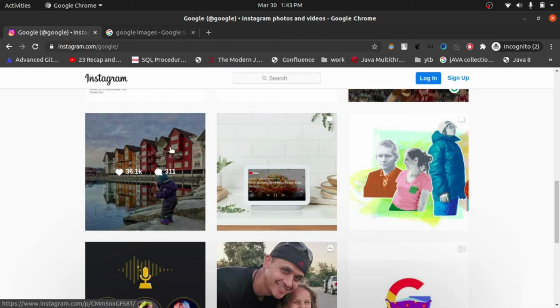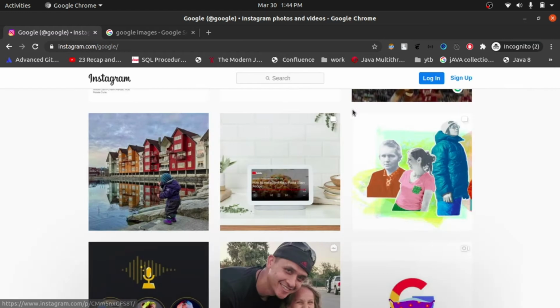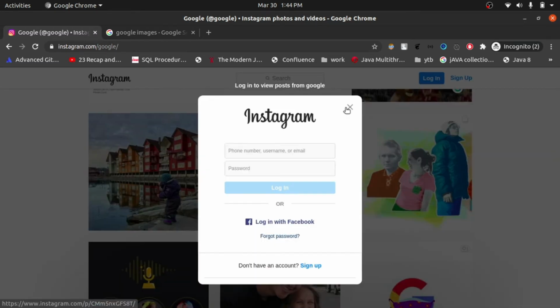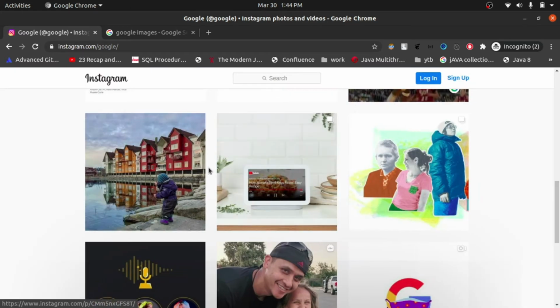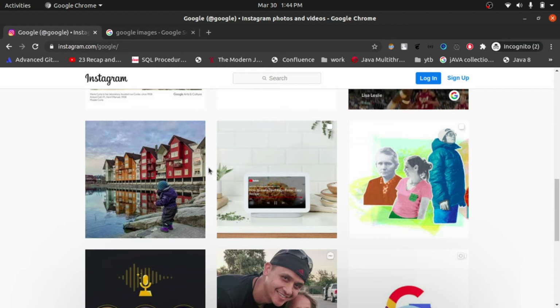But here is one more problem: if you click on this image, Instagram will ask you to sign in. If you are signed in, you won't get this error, but if you are not, then we have to figure out a way to get rid of that error.